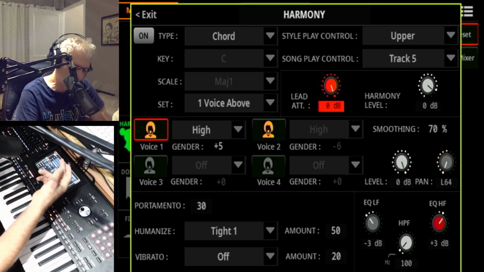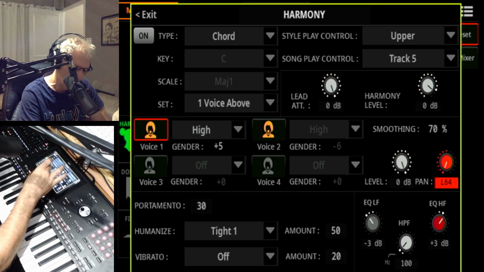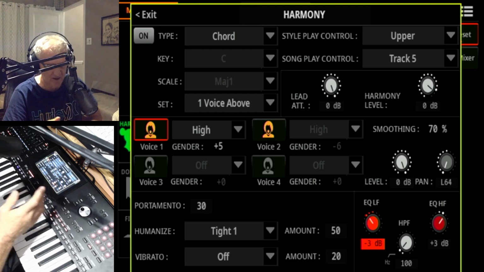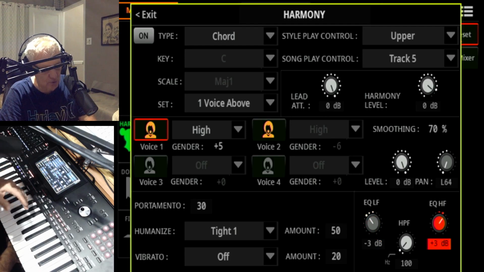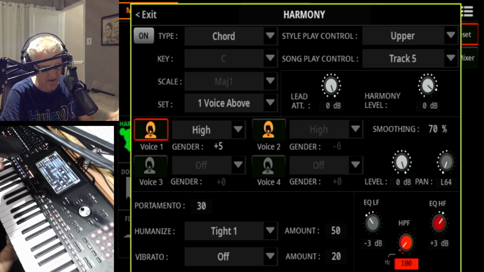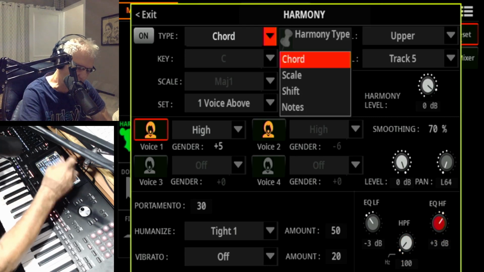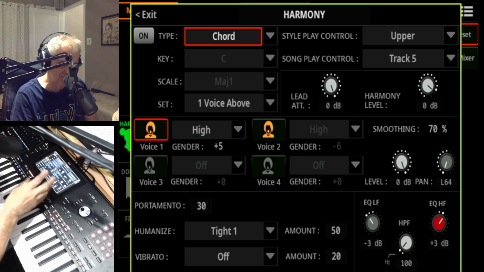For example, lead vocal level, harmony level, smoothing, left right side, then the EQ filter, low frequencies we can control, high frequencies we can control for those back vocals, and we can control the high pass filter. So everything is going to be there for any type of harmony that we choose. Everything is the same control. There is a place where you can control the behavior of that harmony,